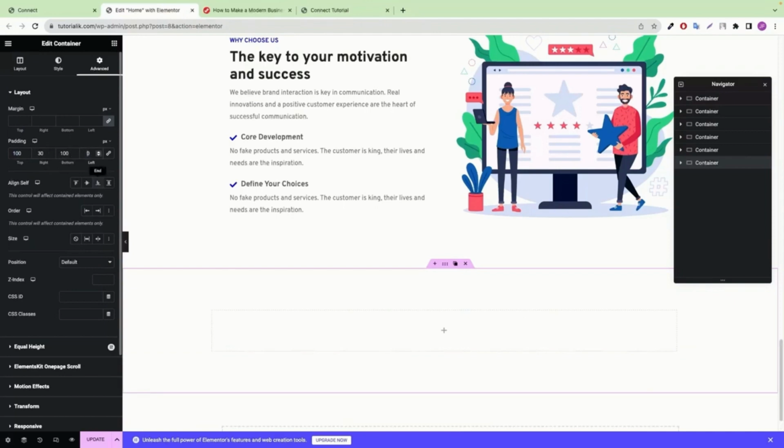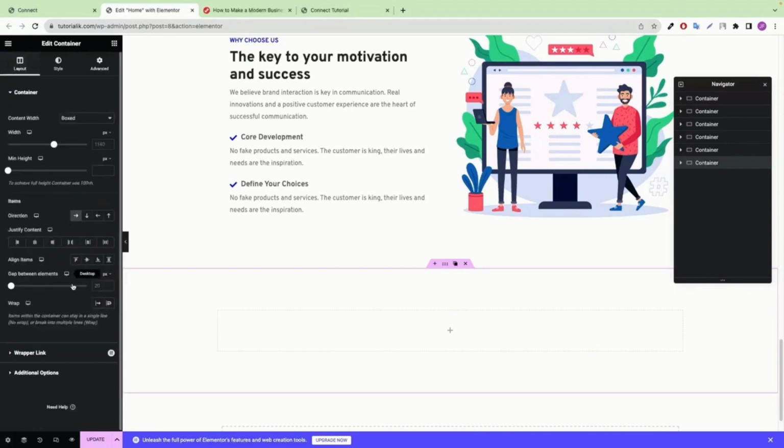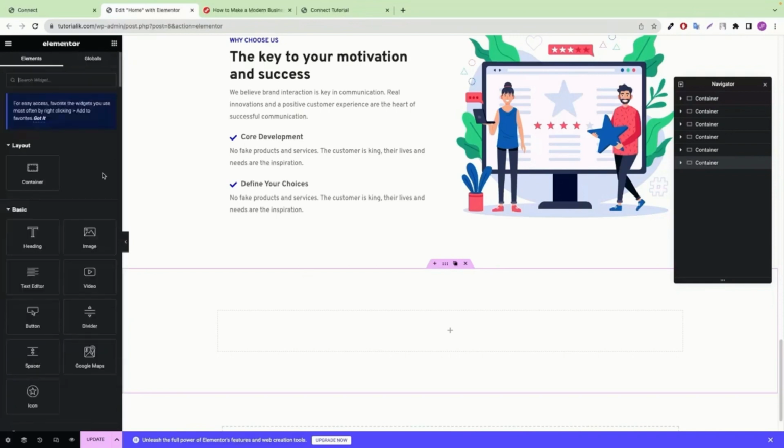And for this left, I like to go with 30 pixel. And let's go again here, this layout. And in here, I'm just going to turn on this wrap because later you will understand why it's neat. So just turn on this wrap, and let's again click on here, and let's simply drag and drop here another